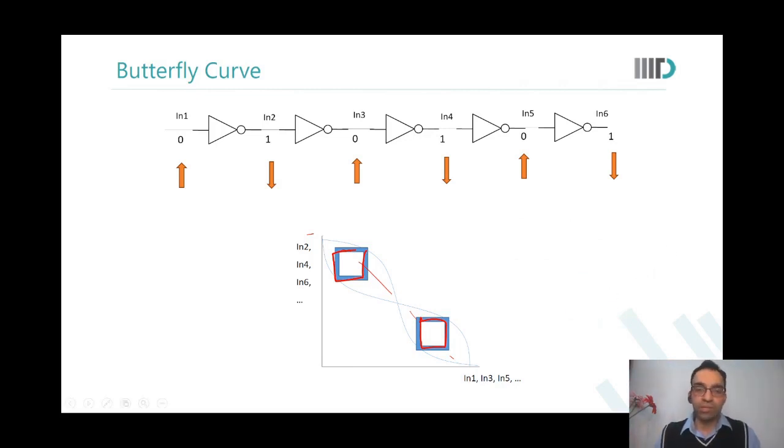So for memories or for latches, people will talk about butterfly curves. So you should now be able to answer what a butterfly curve is. And when they talk about stability or noise margin, you should be able to tell that the stability can be measured by fitting the largest square in the smaller lobe of the butterfly curve. Is this thing clear? Any questions? Sir,